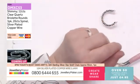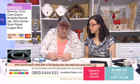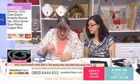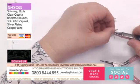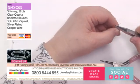And where did we put our, there it is. Here's our little fastener. So we're going to take our flat nose pliers. What I would do, because this is the 0.6, I would either hammer or squash this, because